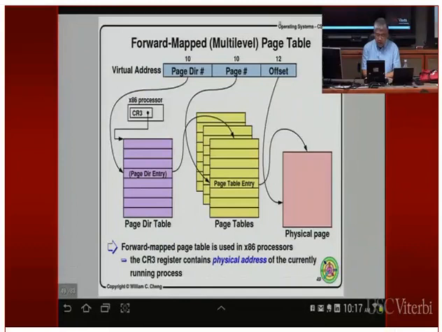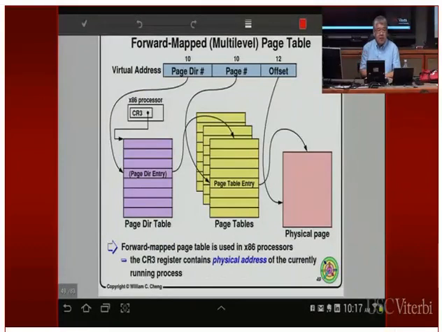And I mentioned that the base of the page table needs to be a physical address, because if it's a virtual address, then you have a self-reference, and you get an infinite loop. If the entry is not valid, then you can never resolve memory references. Okay, so the base of the page directory table needs to be a physical address. And on the Intel processor, inside the CPU, there's a register called CR3, and CR3 stores the base address of the page directory table. Therefore, every time you switch to another user process, you have to load CR3 with the correct address for the page directory table for that user process.